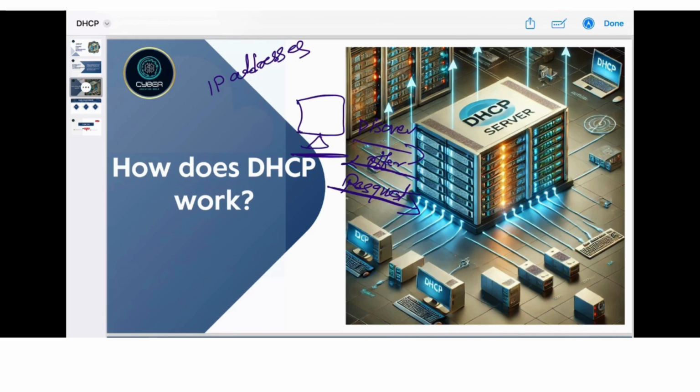The DHCP server acknowledges the client's acceptance with a DHCP ACK message, finalizing the lease of the IP address to the client. The client can now use the IP address to communicate on the network.